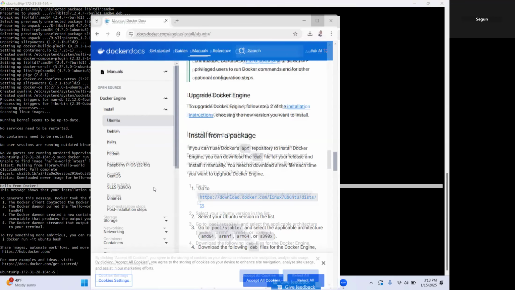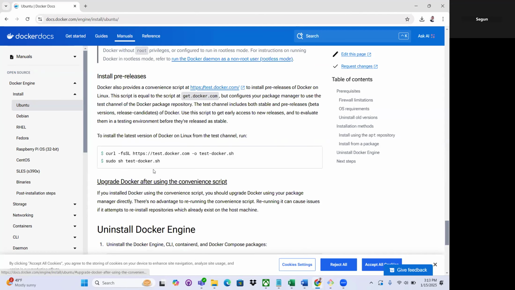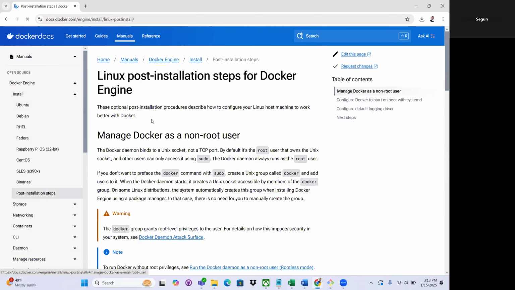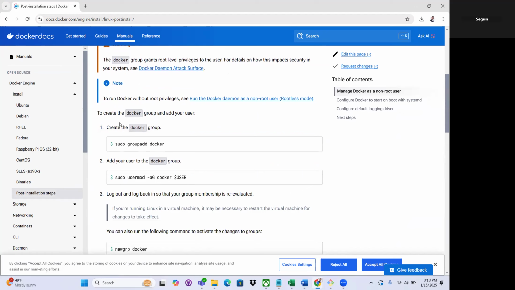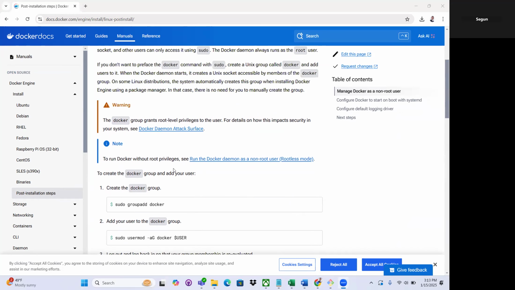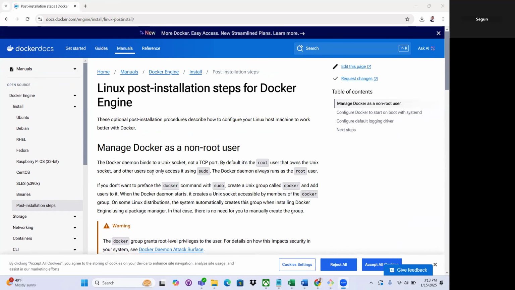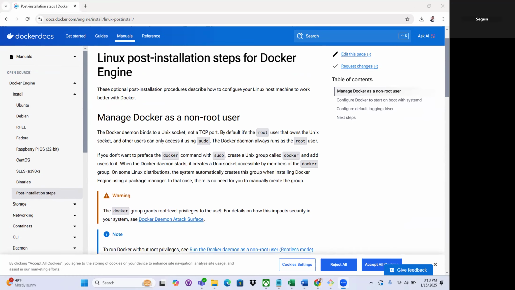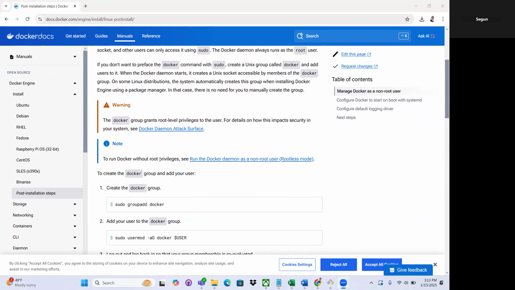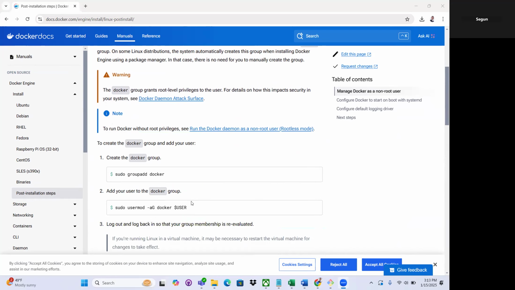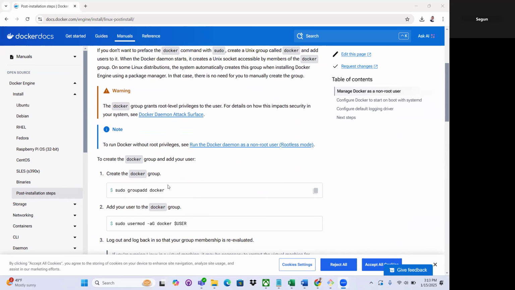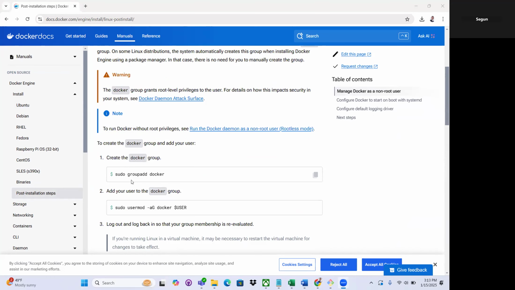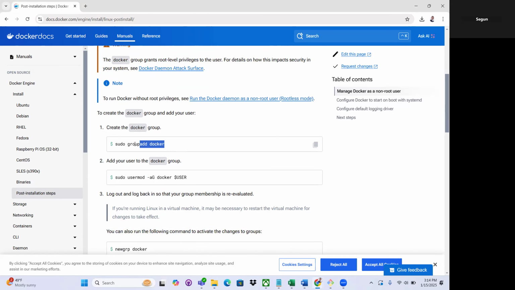Okay, so now let me show you this. I'm going to come down to the post installation step for Linux, and I'm going to create Docker group and add your user to Docker group. The reason for this, let me read here, is to run Docker image without root privileges, right? So I need to run this. I'm going to just run these commands 1 and 2. So copy